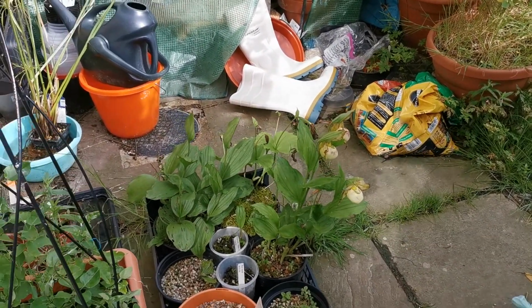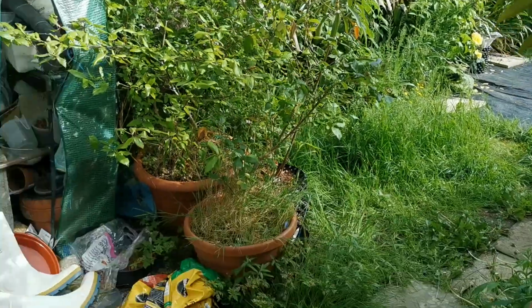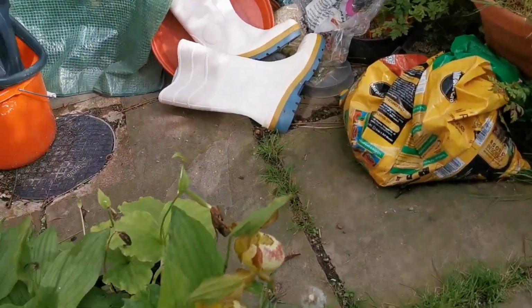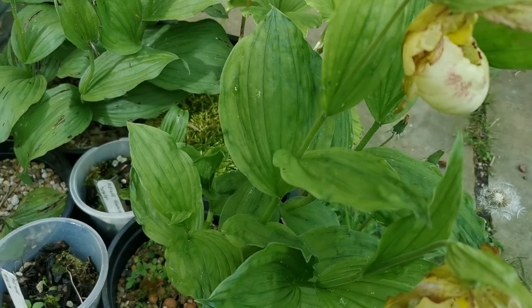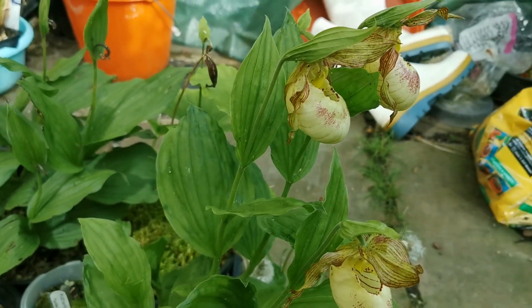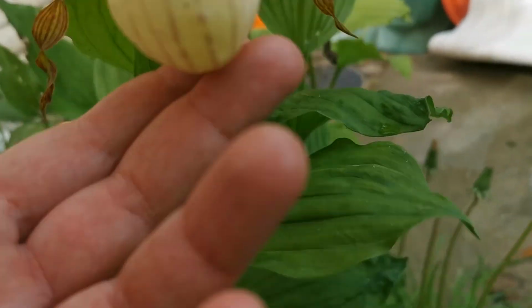Today is the 21st of May and I decided to show you a little bit of my fragrant garden. And these are my Cypripedium. I'm not sure what variety or what species. I published a video a few days ago about Cypripedium formosanum, but unfortunately I don't know what hybrid this gorgeous species is, and